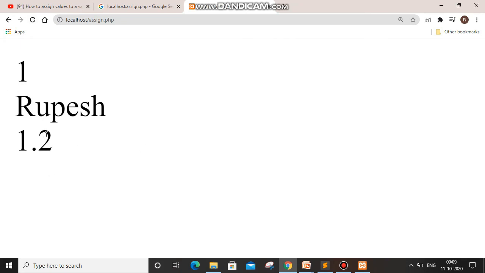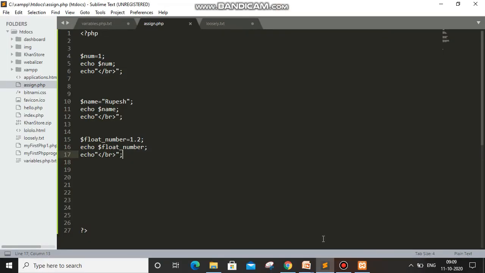So this looks good. I will also give you a short description about this float number. As you can see, this float number name doesn't look good to assign when we are using, suppose we have to write a first name, last name. In that case I will tell you how to assign the values.